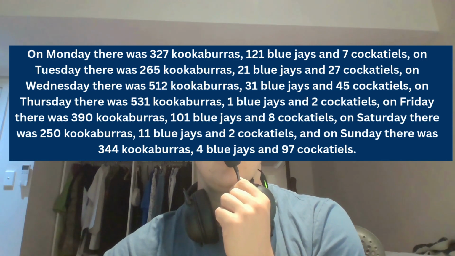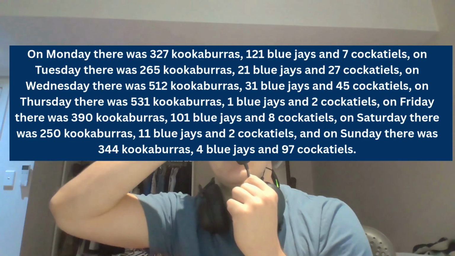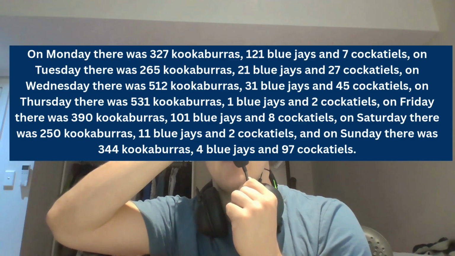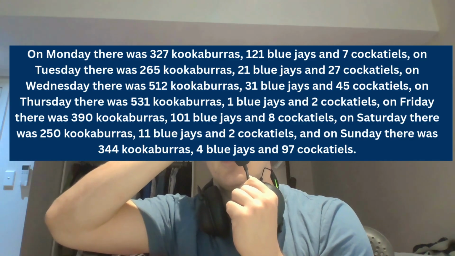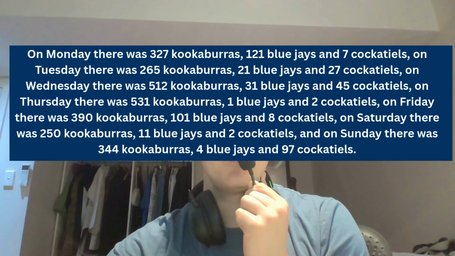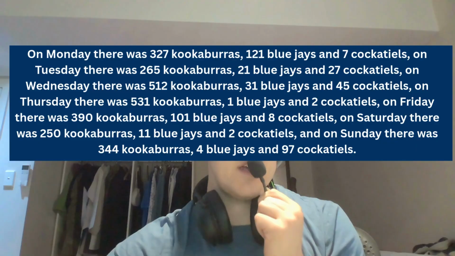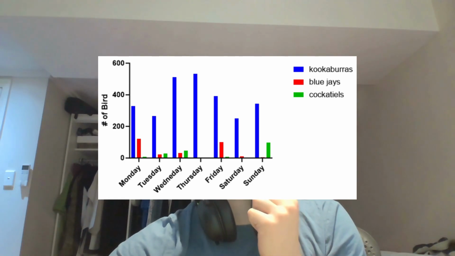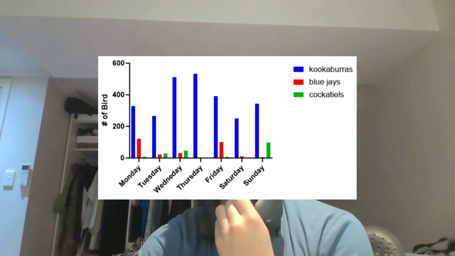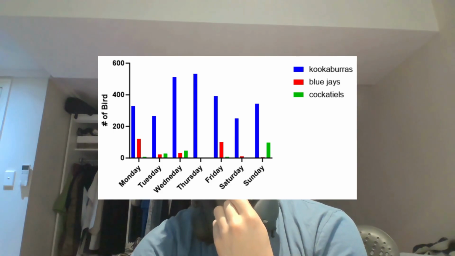However, if you're starting to see sentences that look something like this: on Monday there was 327 kookaburras, 121 blue jays, 7 cockatiels. On Tuesday there was 265 kookaburras, 21 blue jays. You're kind of getting the point. This paragraph should be a plot something like this. A lot easier to read, a lot easier to actually get a handle of what's going on,